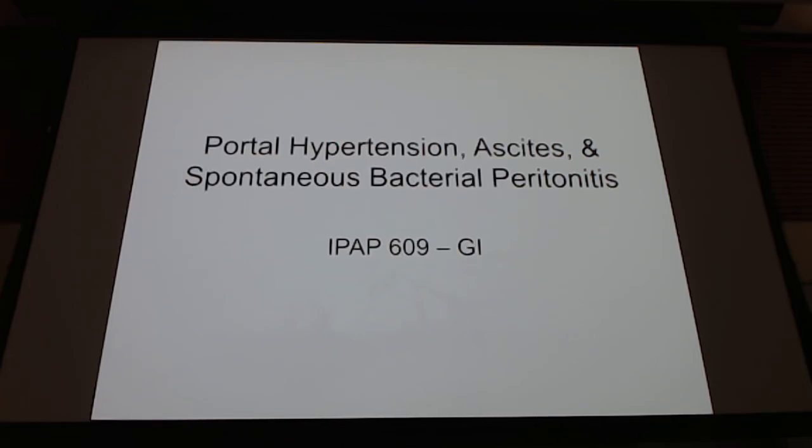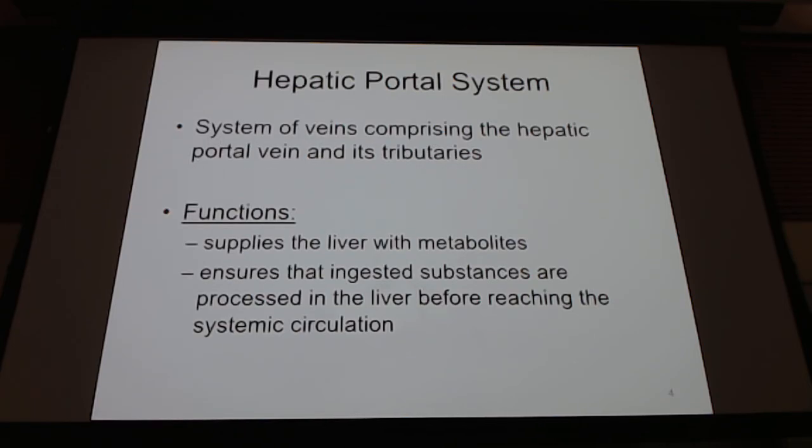It's a portal system specifically with the liver. So, a system of veins that carries nutrient-rich blood from the digestive organs. I'll show you in this next slide so you get a good visual. So stomach, small intestine, spleen, pancreas, directly to the liver before it returns to the heart. So this first pass delivery allows the liver to process, store, and detoxify nutrients, drugs, and toxins absorbed from the gut before they enter